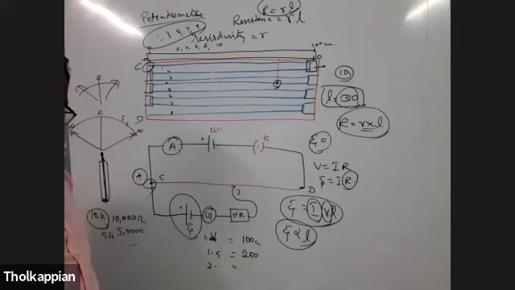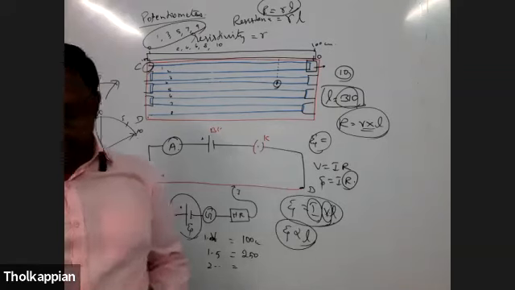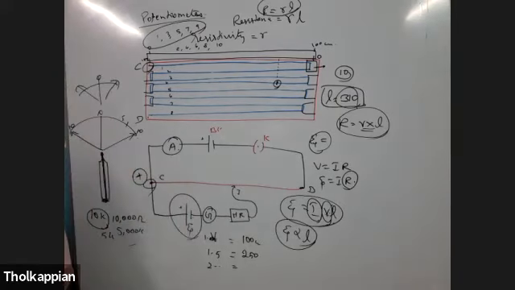What is the principle of the potentiometer? The EMF of the cell is directly proportional to the potential difference. Sorry, directly proportional to the balancing length. That is the principle of the potentiometer. Okay, and next,